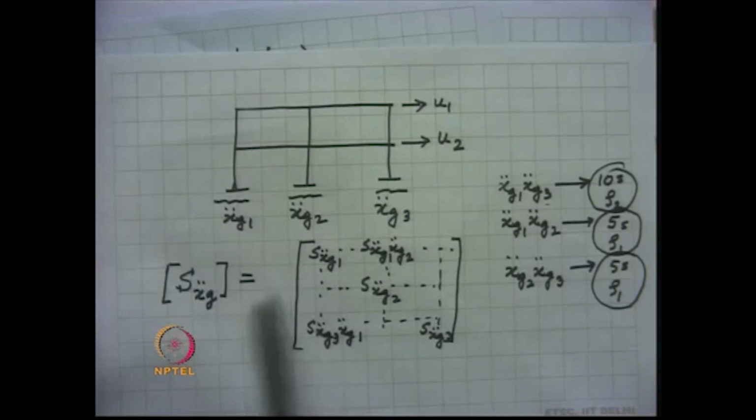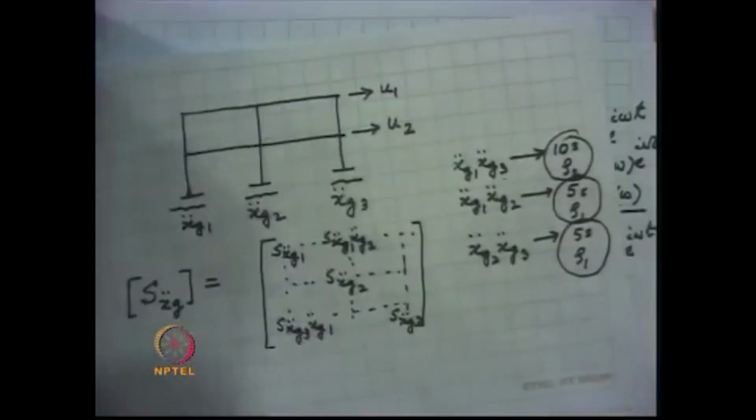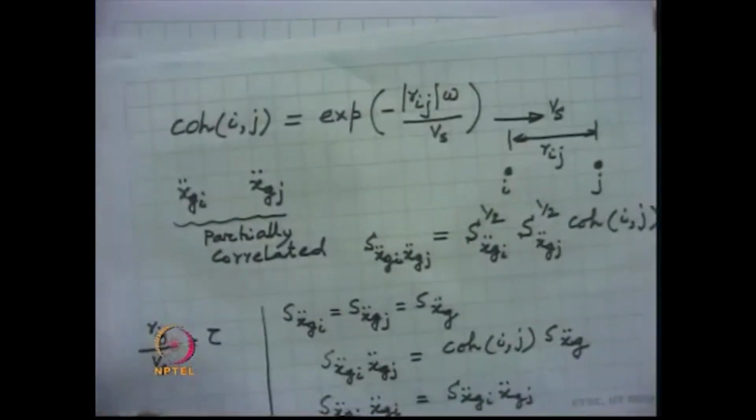So, this is the Sx double dot G matrix, a 3 by 3 matrix. If we have to construct that matrix, then let us